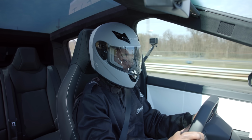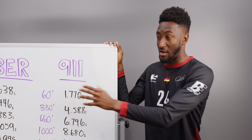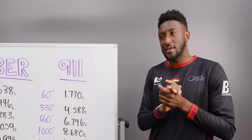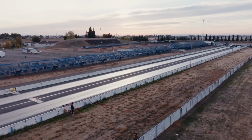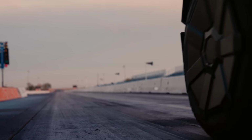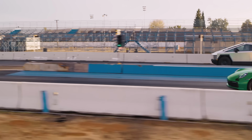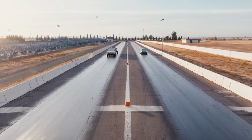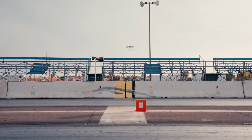No, it's not stock. Now, Tesla made this video that I talked about, and they wanted to showcase the Cyberbeast against a Porsche 911, and they know all of this, so they had to get clever, I'll say. If you haven't seen it, I'll link it below. Their video shows the Cybertruck pulling up to the line. It's racing a Porsche 911. It beats the 911 in a drag race, and then it's revealed that it was towing a 911 the whole time. So they're saying you can beat one while towing one,